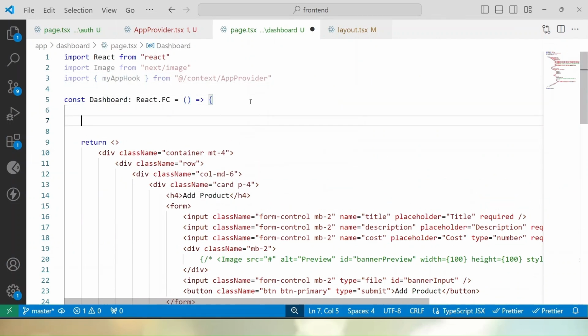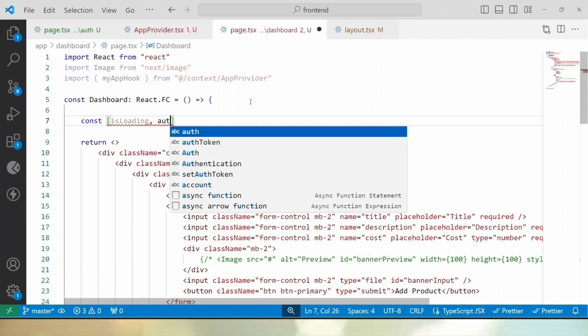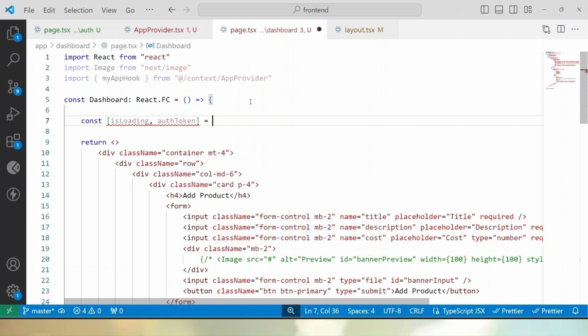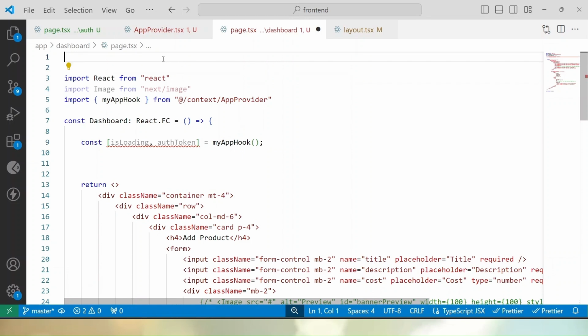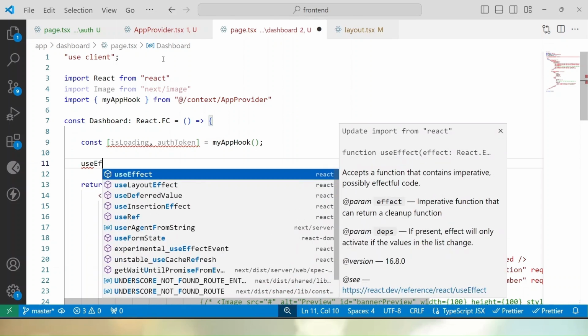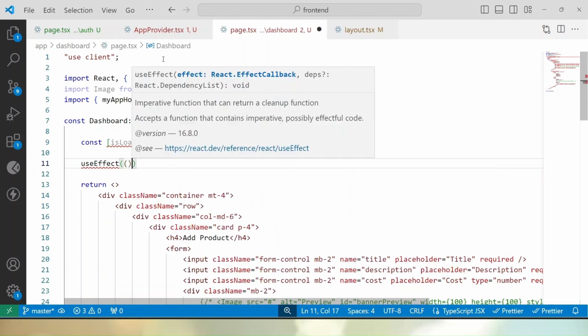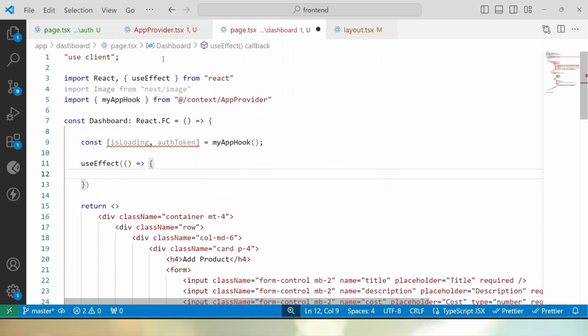Let's copy, so const, and I will import, let's say is loading first, then after also I will use auth token from my app hook. Let's use our use effect. So as we are using use effect, first we have to make it use client, and then here let's say use effect, and inside this use effect if token is set, okay, otherwise we have to redirect user